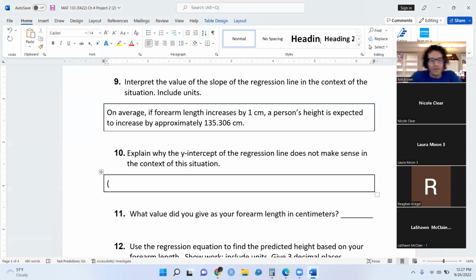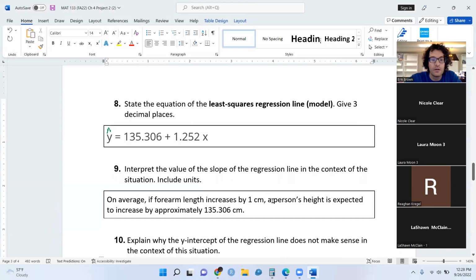So what's helpful in these? I'll speed things up. X-axis, X value is the explanatory variable. In our context, that's the arm length. Y value is the height. When we're doing the particular Y-intercept of our model, it says that when the arm length is 0, we can expect the height to be